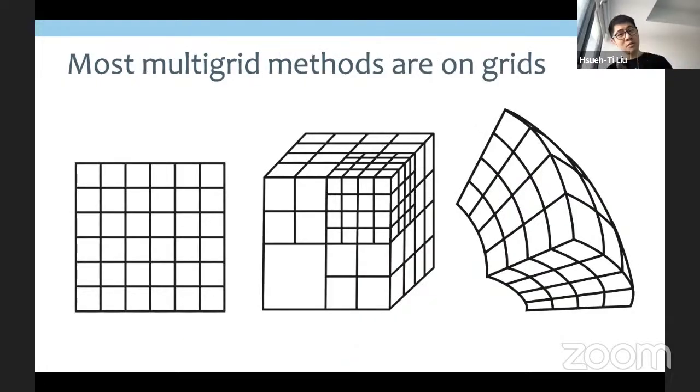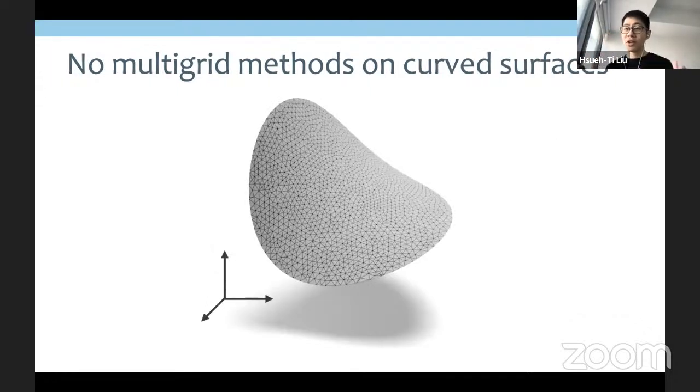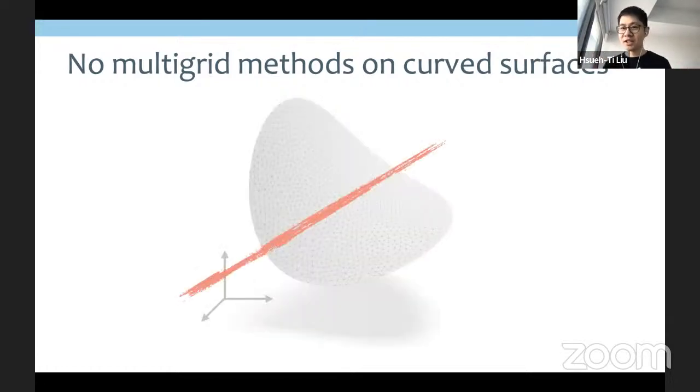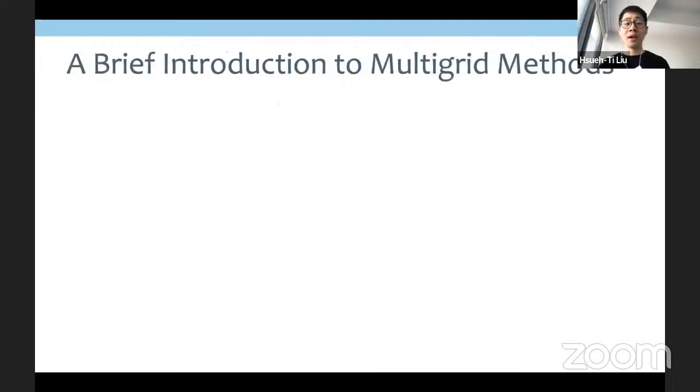But if you want to use multigrid for our surface triangle mesh, things become a little bit tricky because most of the multigrid methods so far are only defined on grids, like for example 2D regular grids, 3D voxel grids, or some generalized version of a grid. And if you want to do multigrid on a triangle mesh, like the one shown here, unfortunately there's not a great solution. And so to understand why defining multigrid on curved surfaces is hard, let's have a very, very brief